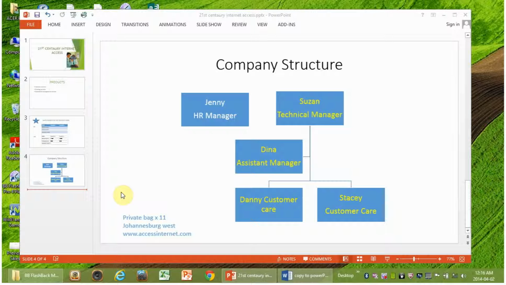The next object we will be inserting into our presentation is a chart or a graph. Now, this graph will be comparing the sales figures for our product for the year 2005 and 2006. Now, for you to be able to work effectively with graphs, you will need to know how to use Microsoft